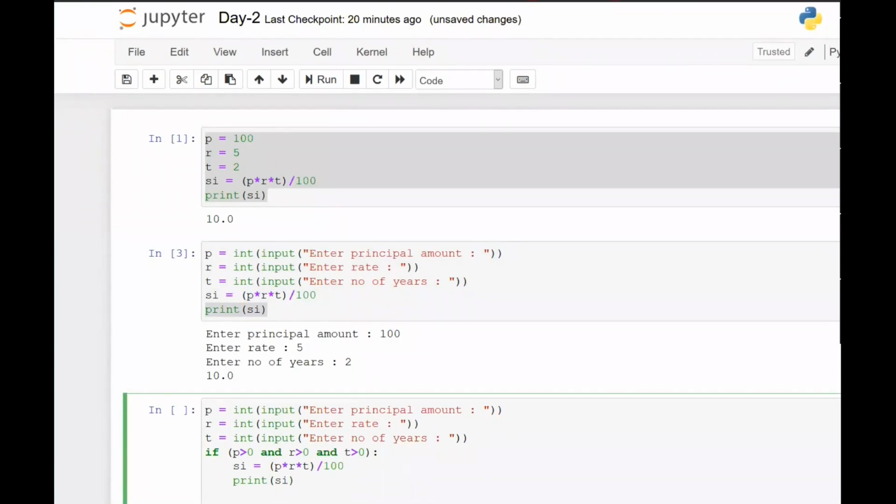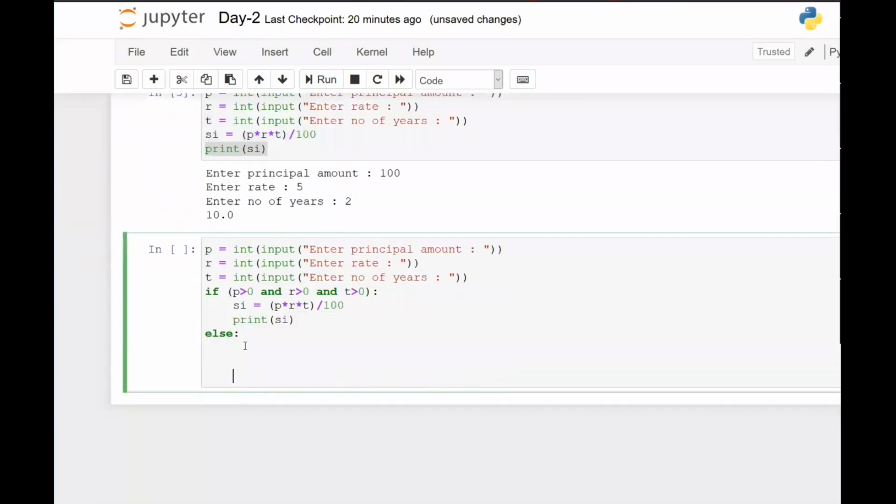Else, if the above statement is not true, I can print another message saying that something is not right. Please enter again or something.